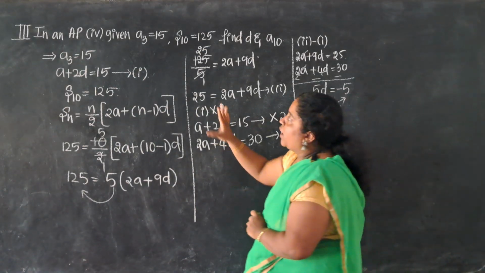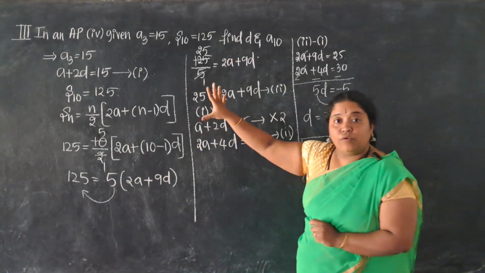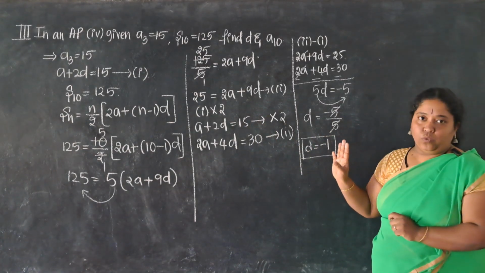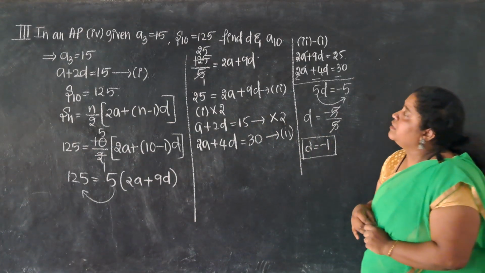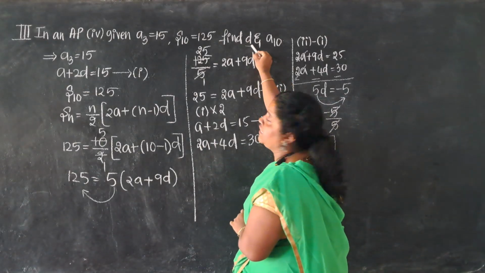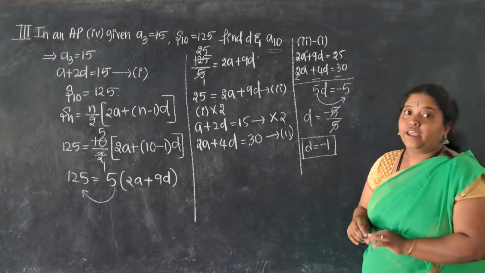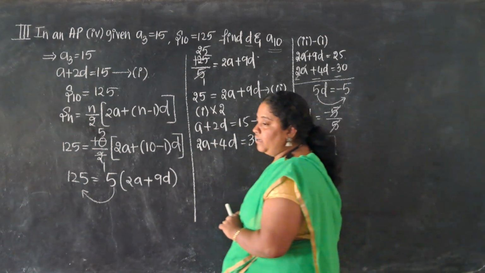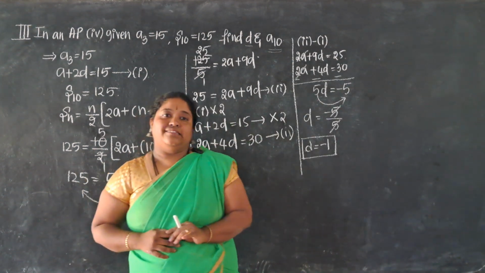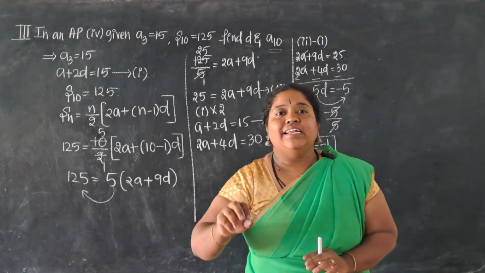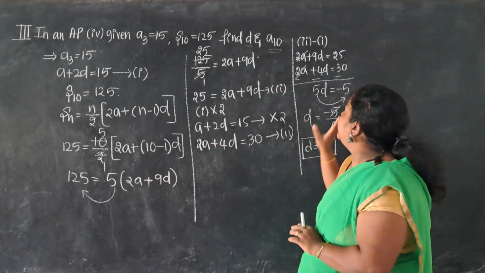Now, we were provided only with A3 and S20, so we had to follow a long procedure to calculate the D value. And once I have calculated D, the next question is what, dear? I should calculate A10 also. To calculate A10, A and D both are necessary. Only D is not going to work. Both A and D must be provided to calculate A10.